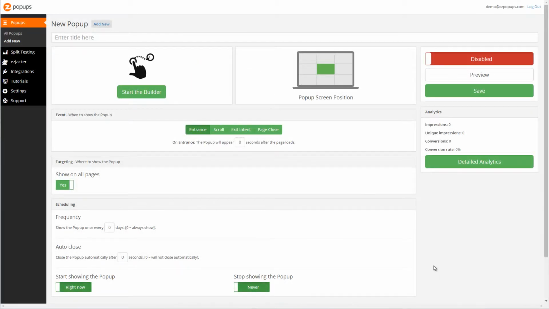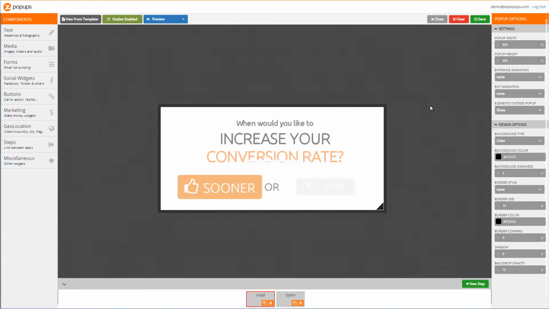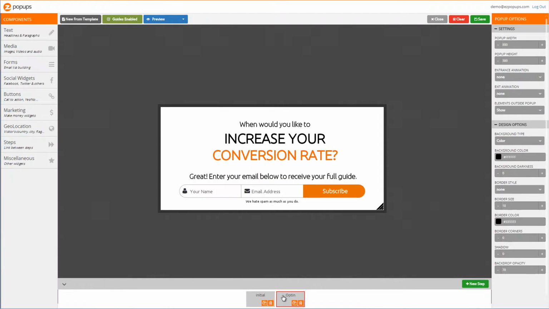Hi, in this tutorial, we're going to see how you can integrate Easy Pop-ups with your email autoresponder. For this demo, we're going to use a GetResponse account, but the process is pretty much the same for every autoresponder. So let's, for example, take this pop-up, and I have this opt-in form that I need to link to